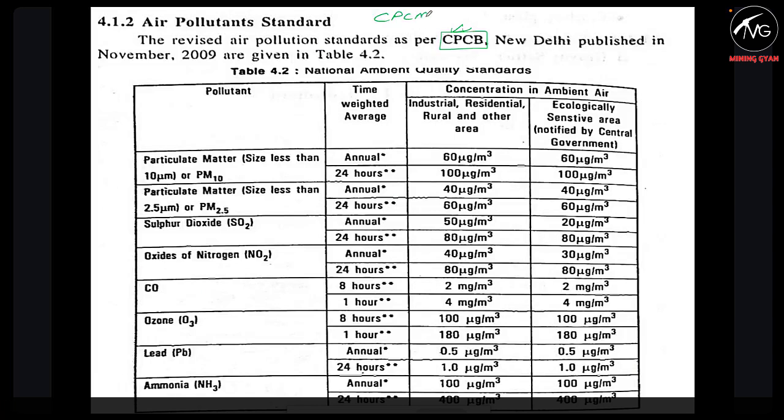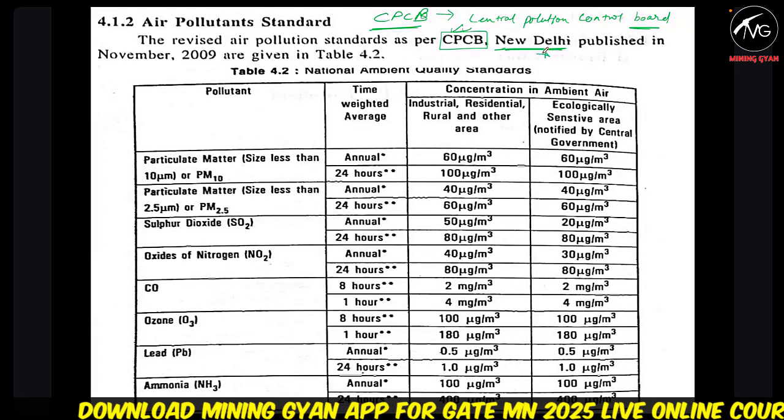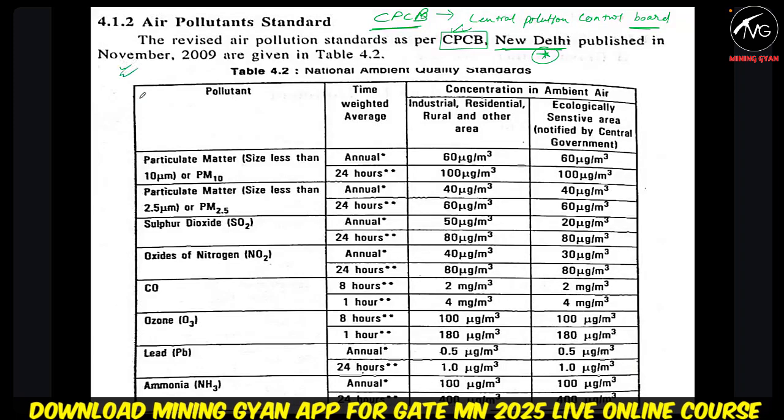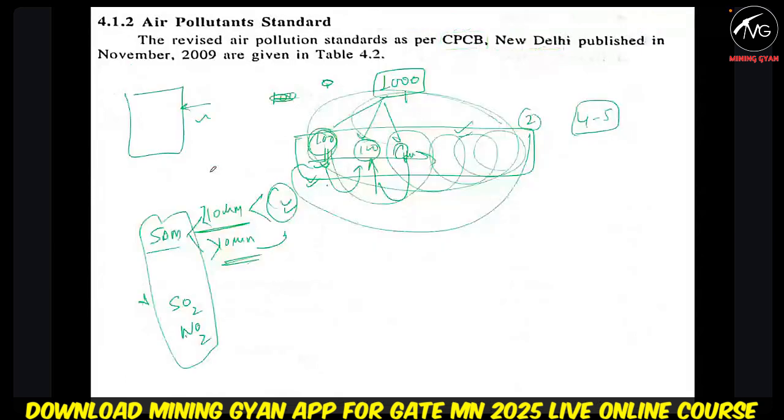कभी कभी क्या बोलेगा कि वैसे पूछना नहीं चाहिए, बट कभी कभी खोपड़ा किसी का भी खराब हो सकता है ना. तो सेंट्रल पोल्यूशन कंट्रोल बोर्ड होता है CPCB in New Delhi, published in November 2009. So he has also given the PM10 and PM2.5. तो PM10 माइक्रोमीटर से भी कम होता है, एक 2.5 माइक्रोमीटर. सो पर्टिकुलेट मैटर